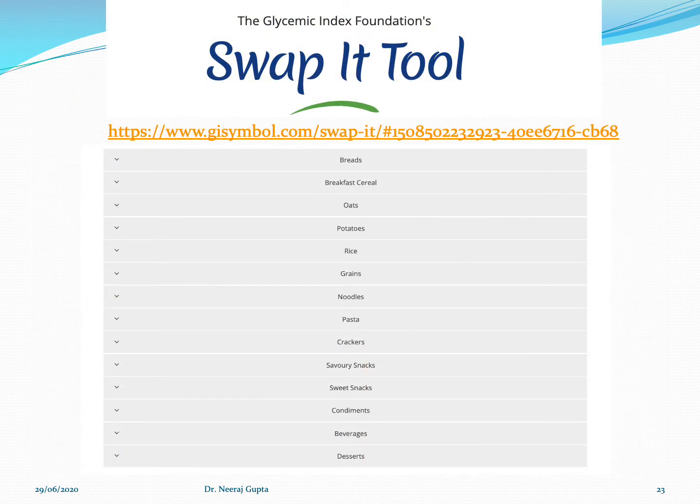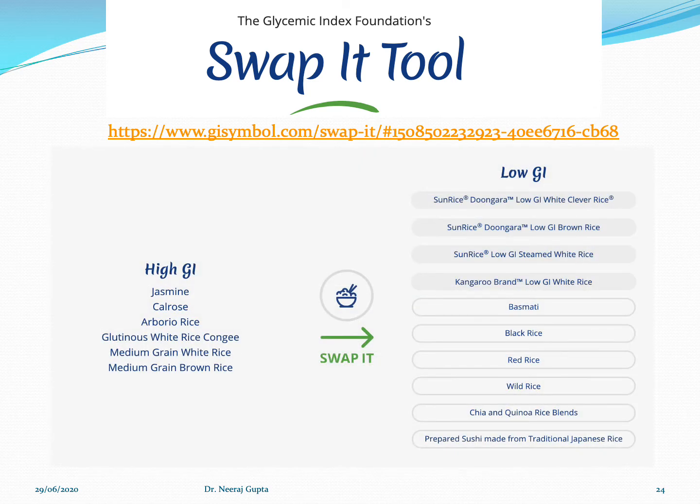Now similarly, there is another tool given by this Glycemic Index Foundation. This is known as SwapIt tool, where you will be given options of low GI for various common food items in our daily routine. For example, this high GI rice, there are very different varieties of high GI rice like jasmine, calrose, arborio rice.